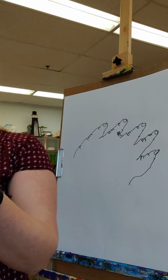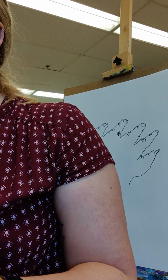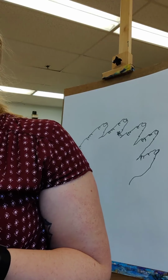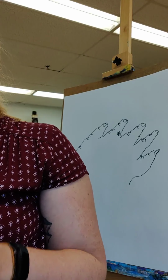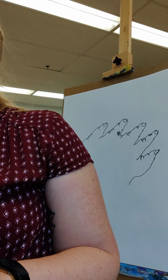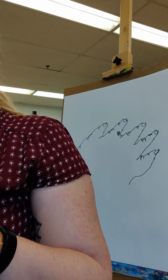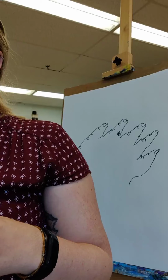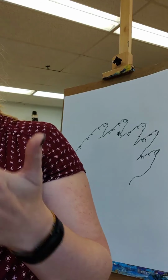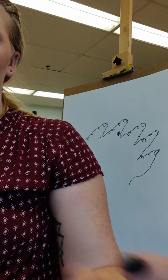So the idea of these contour drawings is that you're working on your observational skill. So you are really looking at an object and you're looking at all of the pieces of that object. Most times when you're drawing objects, you spend only like 20 seconds looking at the object, and then you're spending all of your time looking at your paper. Where this is like the complete opposite. You're spending your whole time looking at the object and looking at all those details, and you're not looking at your paper at all. This is obviously not